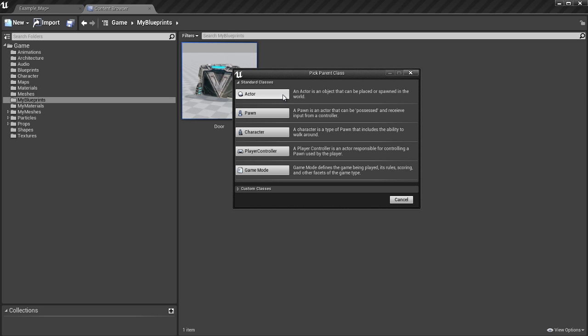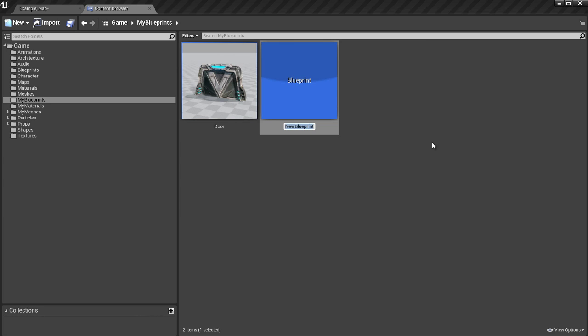So I'll click on actor, and that's going to create a new blueprint. And let's rename this. I'm just going to call this Super Door, just so it has a different name than the original one that I made. There we go. You notice that there's no thumbnail, just says blueprint, and that's it. I'm going to save. Very important to save while you work on stuff. Doesn't matter what program you're using. And what I'm going to do is open this,